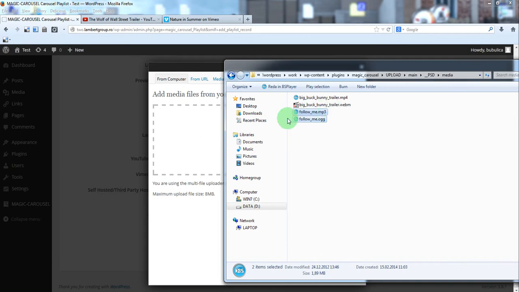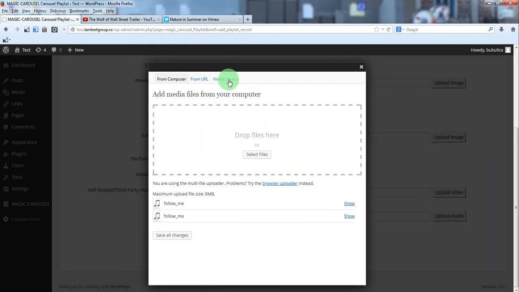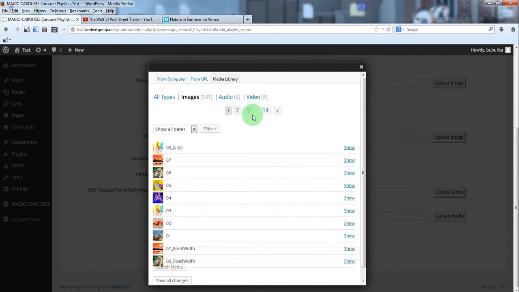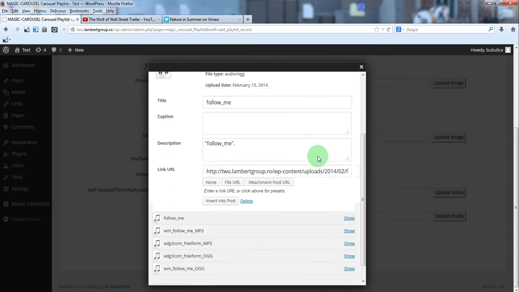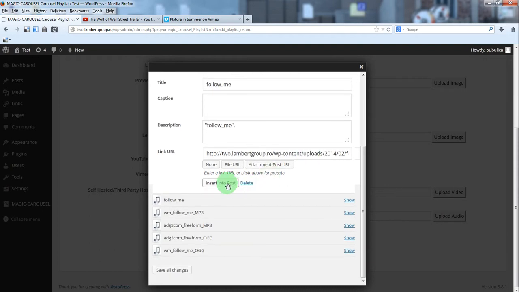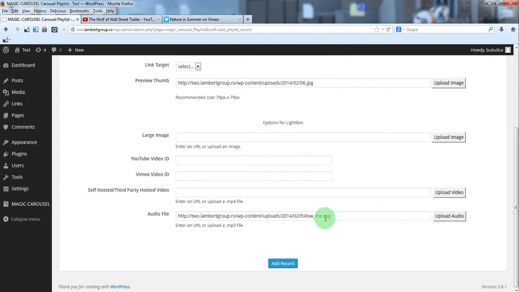So just drag them into your Media Library, and from the Media Library go to Audio and click Insert into Post. It doesn't matter if you insert the OGG or MP3, because the carousel will take into account only this section, and the extension will be added.